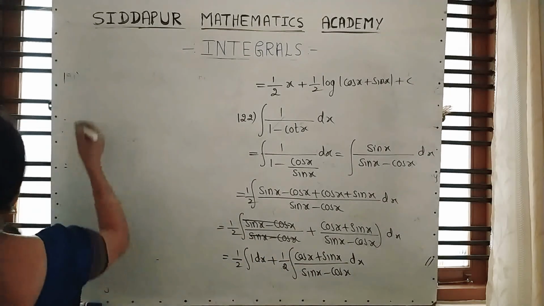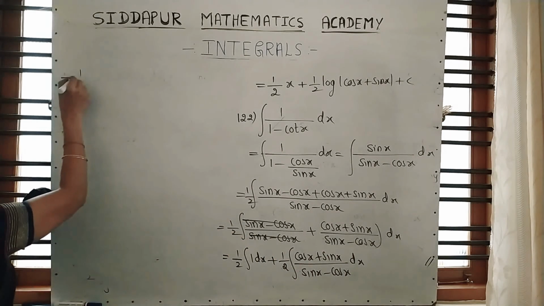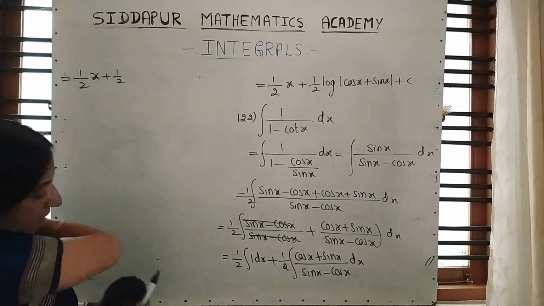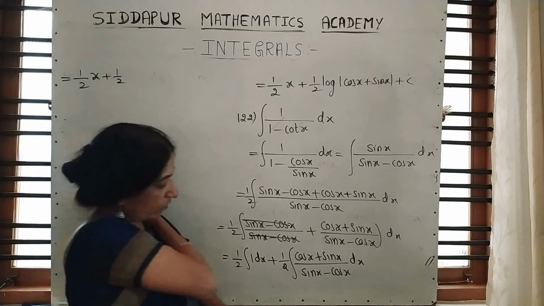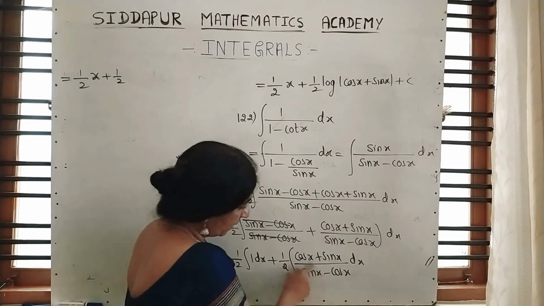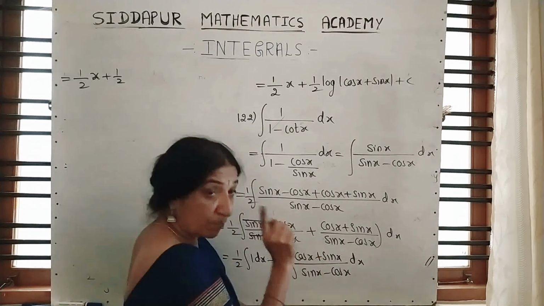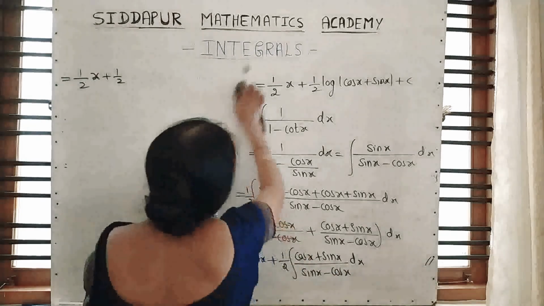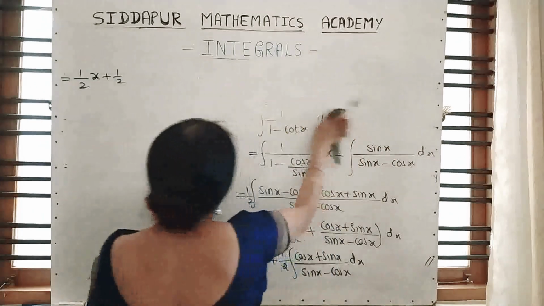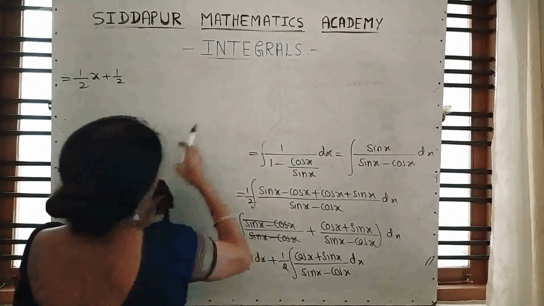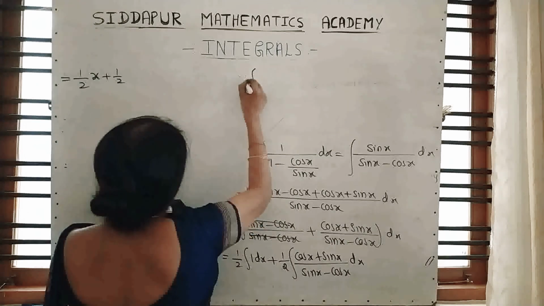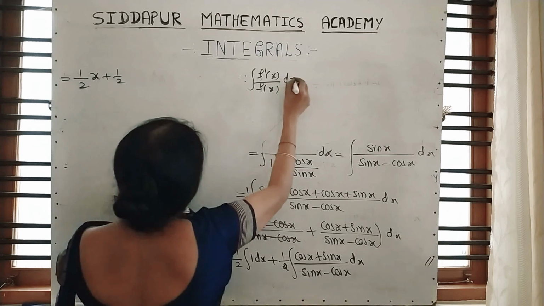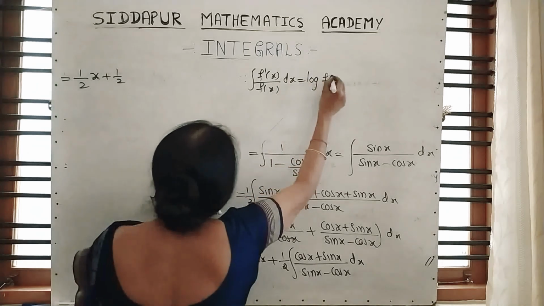So what is integration of 1? Integration of 1 is x plus 1 by 2. See, check whether it is in the form of f dash of x upon f of x. Differentiation of sin x is cos x. Cos is minus, already minus is there. It becomes plus. Yes, it is in the form of f dash of x upon f of x. That means if you are not writing substitution, just write down the formula in front of that answer. It is understood you are applying that formula.